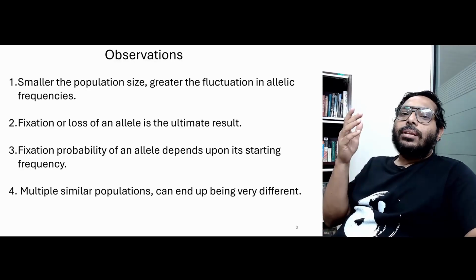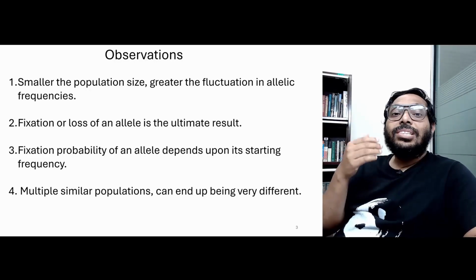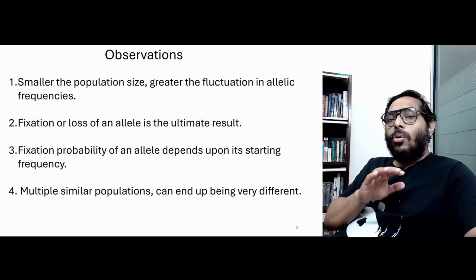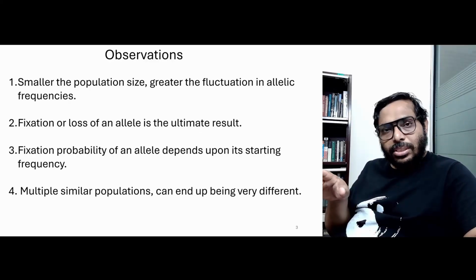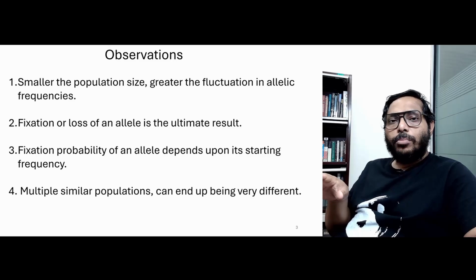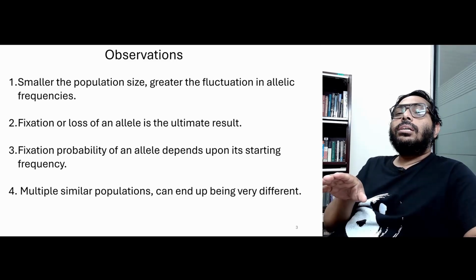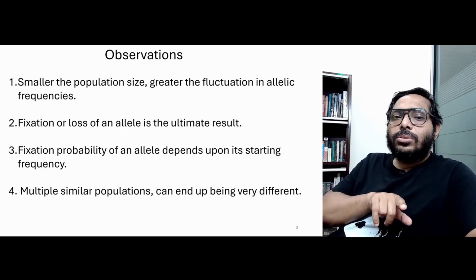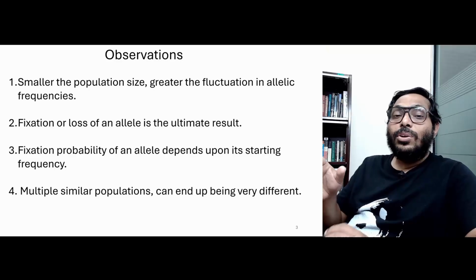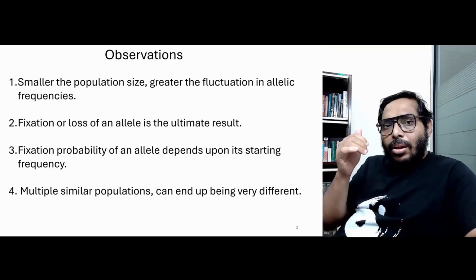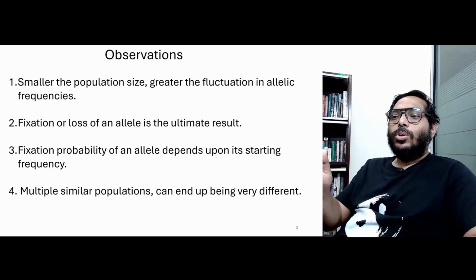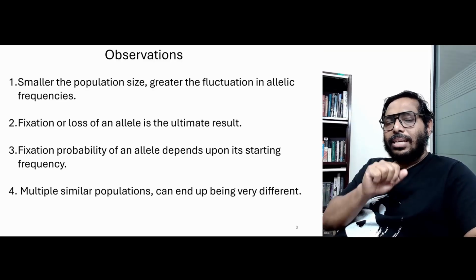Now, compare this with, let us say, the effect of selection. If you started all the populations with the same starting allelic frequency and with the same genotypic fitnesses, in all the cases the frequencies would have gone in the same direction, they would have converged into the same outcome, whereas in this particular case, when we are only looking at the effect of this sampling error,